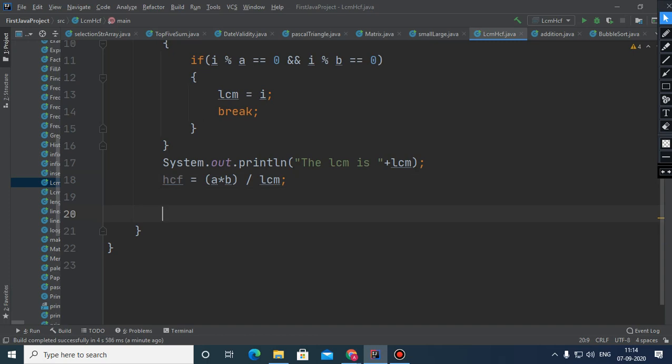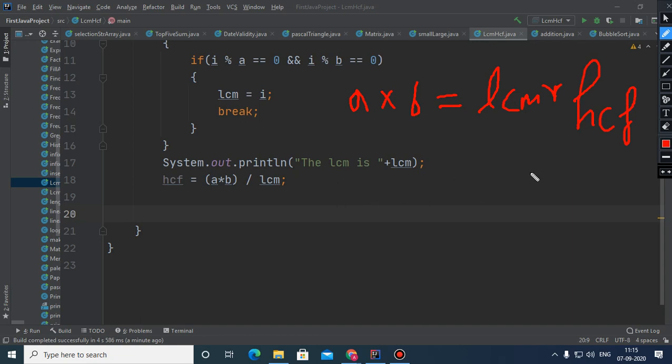This tells us the product of two numbers is equal to LCM into HCF. Here these are the two numbers A into B, and the product is equal to LCM into HCF. So if you multiply HCF and LCM, you will get the product of these two numbers. This is the formula.